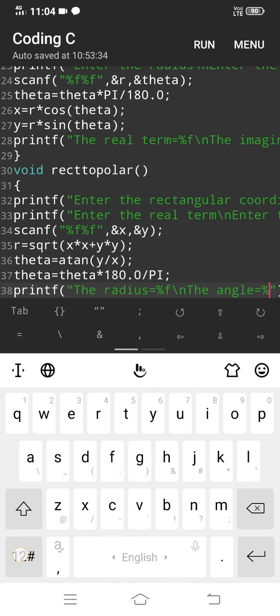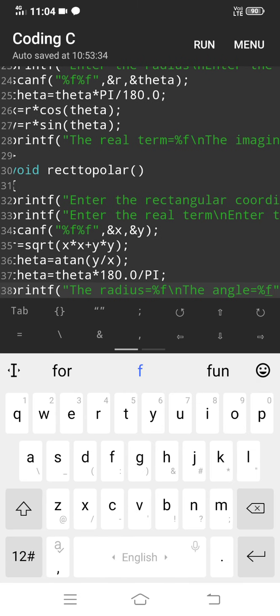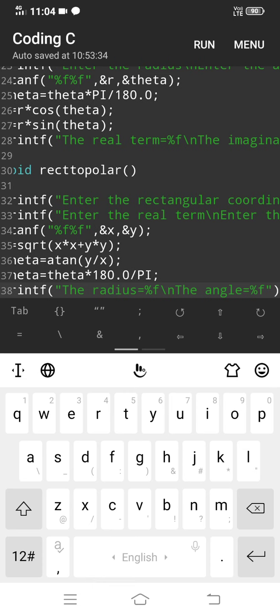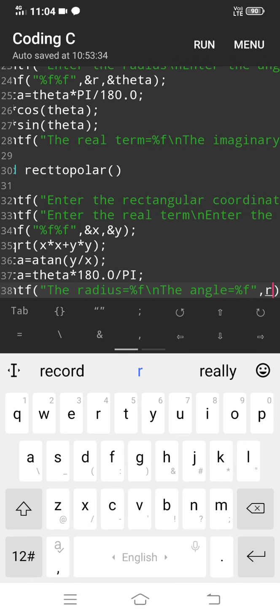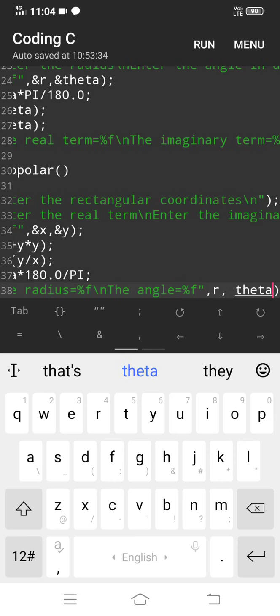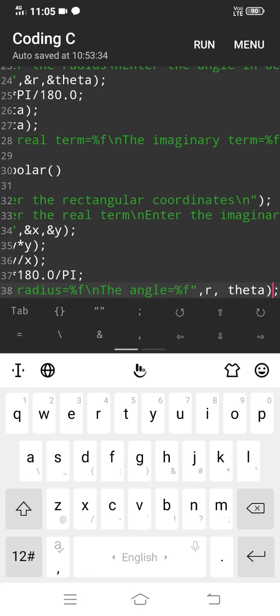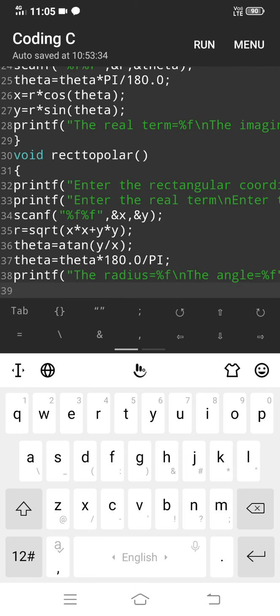The values to be printed are r comma theta. Finally we write the bracket for the termination of the whole subprogram.